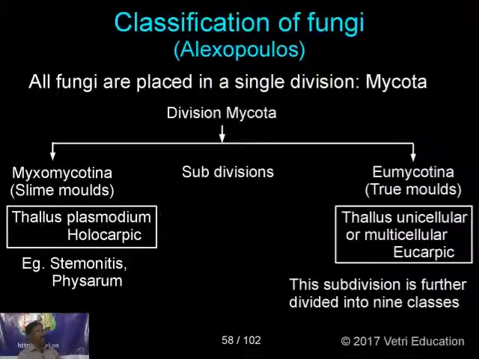Whereas in Eumycotina, the thallus is unicellular or multicellular, that is eucarpic. We have many reproductive structures. Regarding examples, for Myxomycotina, Stemonitis and Physarum. The Eumycotina subdivision is further classified into 9 classes. Those are